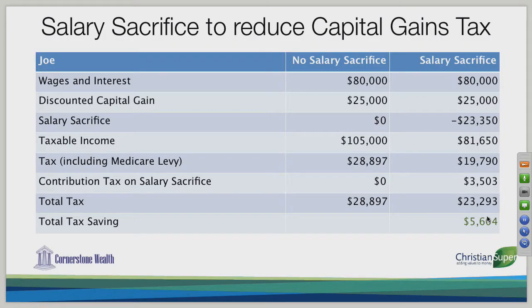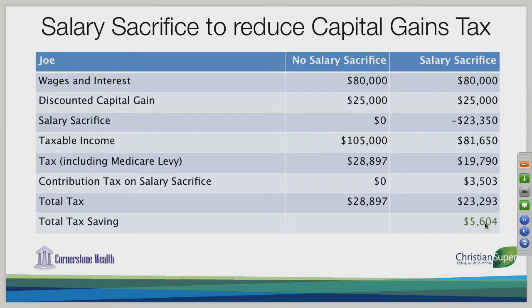Now, we're going to look at 2 scenarios. Firstly, we're going to look at Joe, who's a salary earner. His taxable income is $80,000. The discounted gain is $25,000. So this first column is if he doesn't change his scenario at all. His tax is going to be $28,897. Whereas what he could do is salary sacrifice $23,350 of his income,